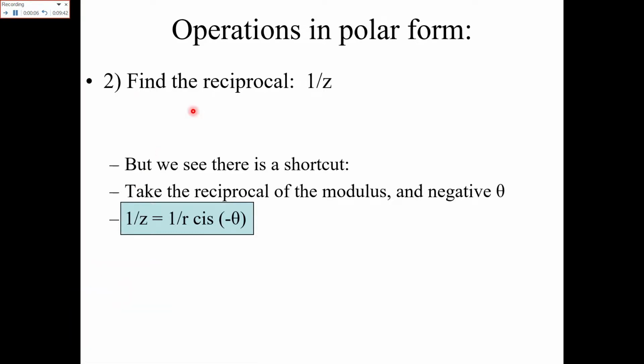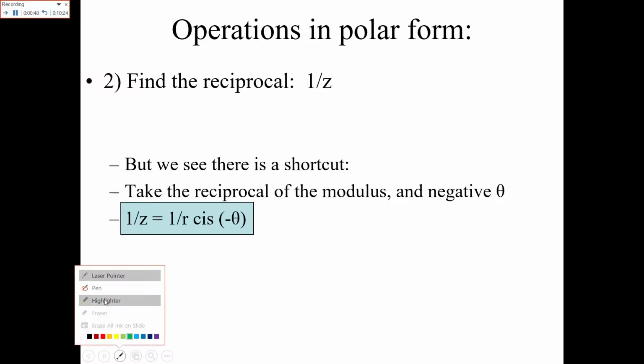If there is a complex number z, we can find its reciprocal just by 1 over z. So 1 over z would be equal to 1 over r cis of minus theta. So it will become 1 over r times cos minus theta plus i sin minus theta. That is 1 over r times cos theta minus i sin theta, because a negative theta inside cos becomes positive, but in the case of sine the negative comes out of the bracket.